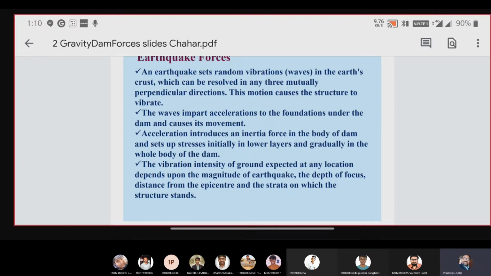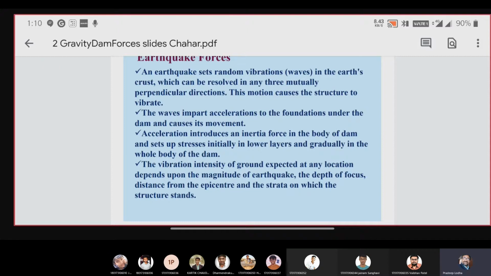If you resolve the forces into 3 dimensions as per the geometry of the gravity dam, assume the axis of the gravity dam is the x-axis, perpendicular to it is the y-axis, and